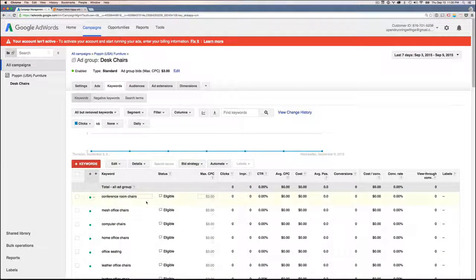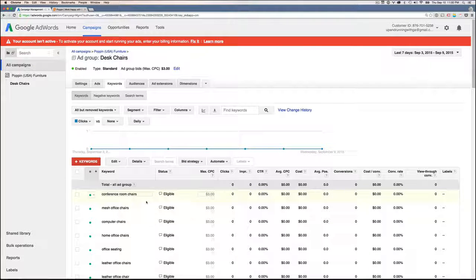lists of keywords. So the first thing I need to do, I need to get this data into Microsoft Excel. That's where I want it to be. We're going to use Excel to organize and get a clearer sense of how we want to build out these ad groups. Before we do that, I just want to point out that there are other tools aside from Excel